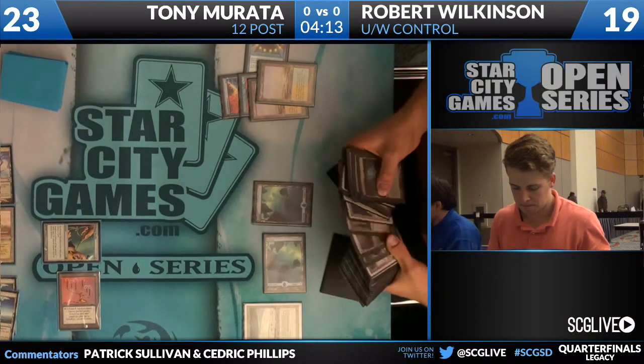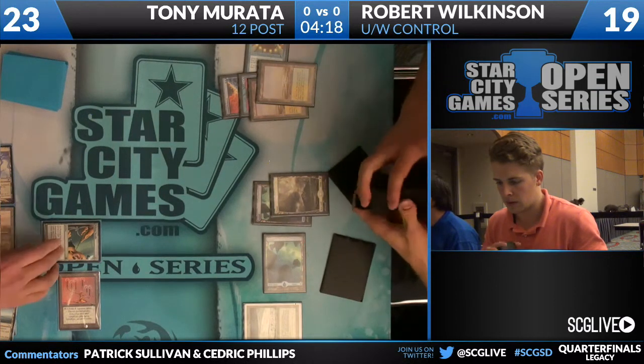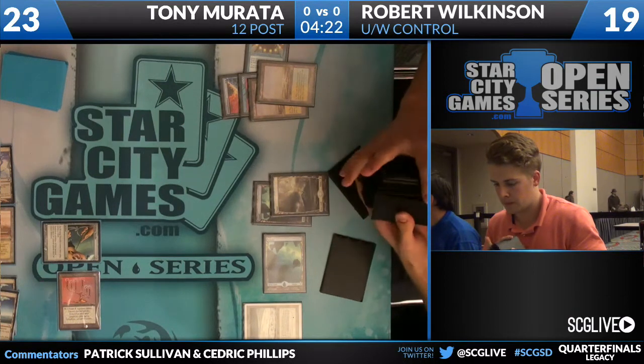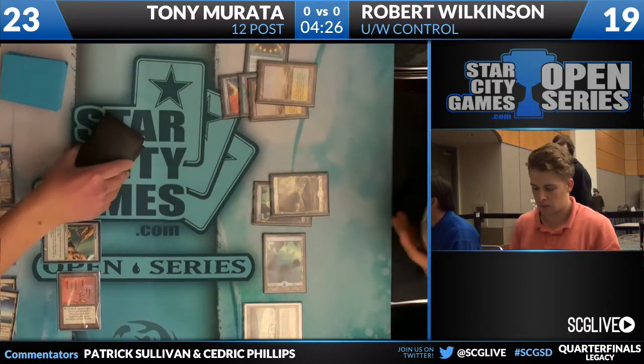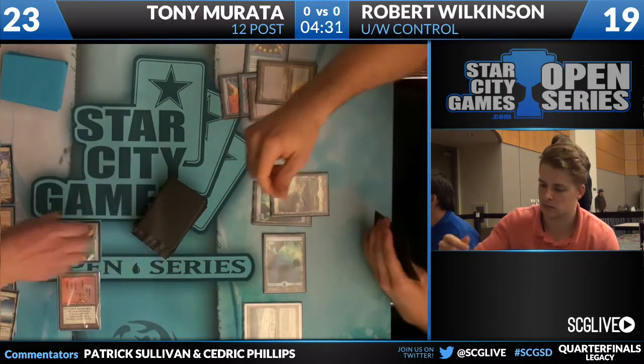We'll see exactly what Tony's going to decide to name here with Pithing Needle. It's very easy to name Sensei's Divining Top here, but I believe I would name Jace the Mind Sculptor. That one is actually quite good to name. That seems like the most threatening card now that you don't have to worry about Top, and he can't blow him out with Flooded Strand. If Robert played Jace here and started Fate Sealing, it could get pretty ugly, so...